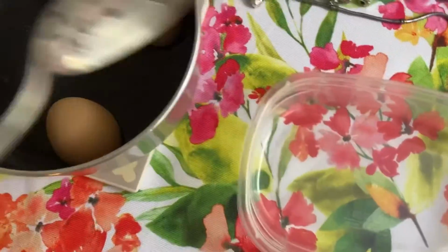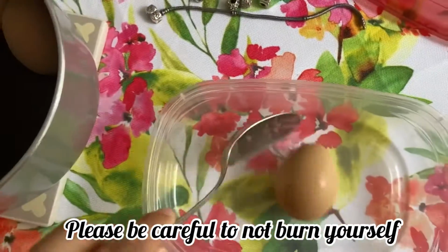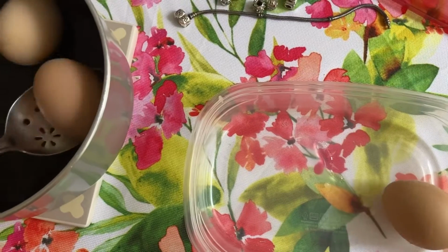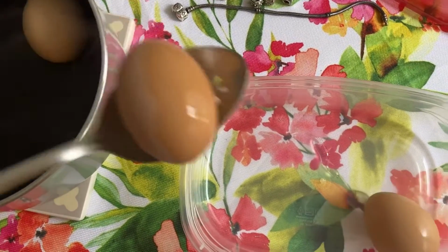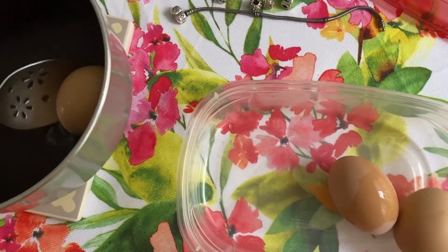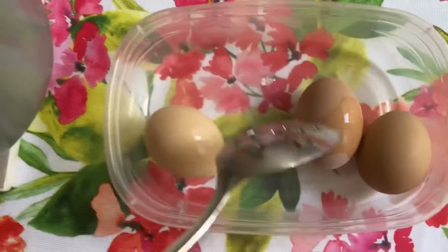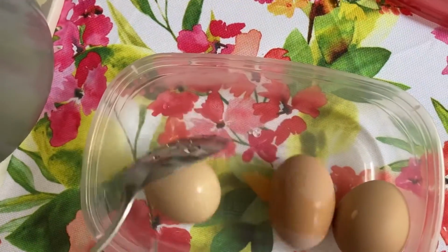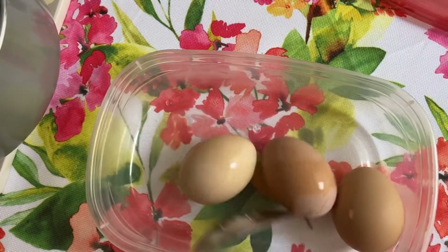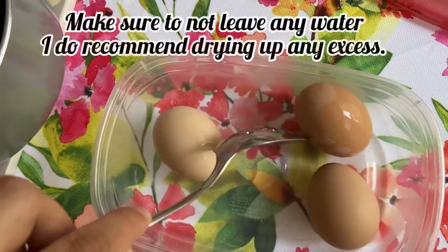So first thing that we're going to do is, they're still hot, but I have my eggs, so I am going to scoop them in. And mine are hot, but I'm just doing it without waiting, but I don't think the temperature of them is what actually matters. I think it's more so the fact that we need,